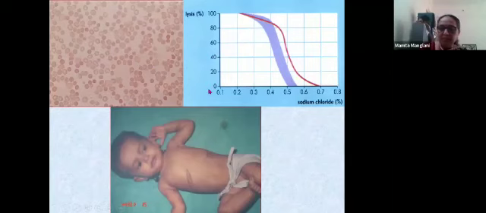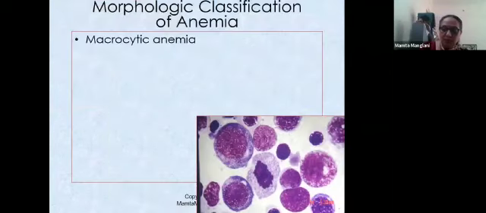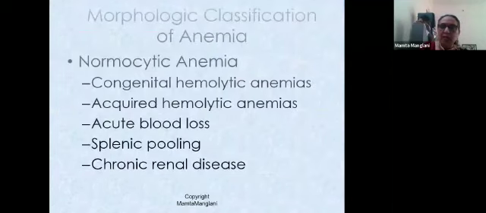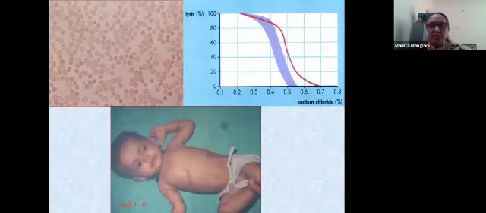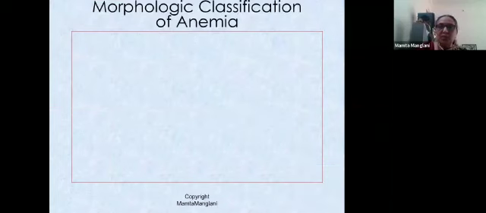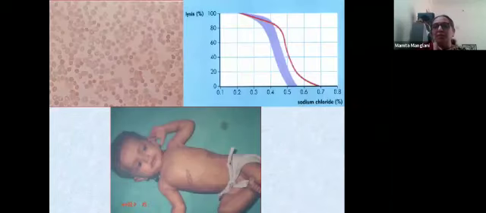Osmotic fragility was increased. And if you look at his, oh, I'm sorry, I had a slide before this, but that's not showing. Anyway, I think we'll forget about that. There was a CBC which showed a high MCHC. So if you look at normocytic anemias, you must keep in mind the congenital hemolytic anemias which are non-thalassemia. Thalassemias are microcytic. But the other hemolytics like G6PD, spherocytosis, enzymopathies, they all will be normocytic anemias.